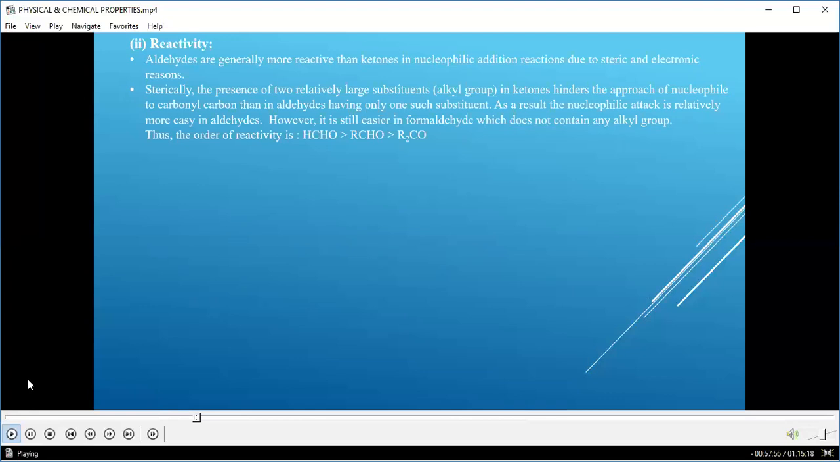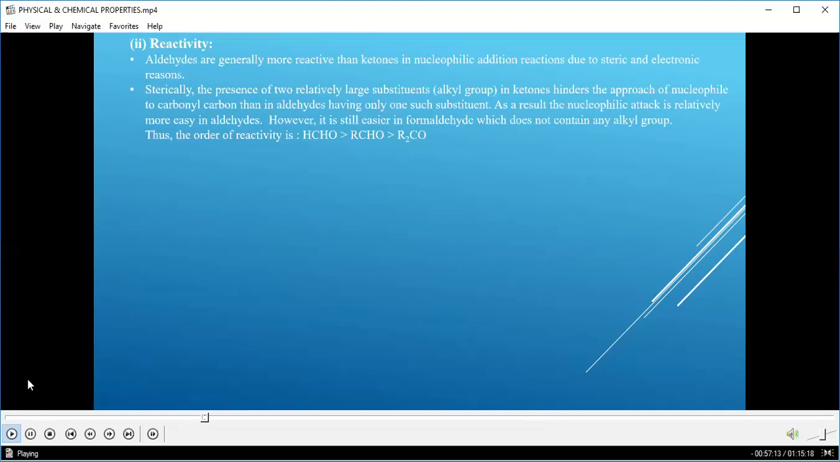The presence of two relatively large substituent alkyl groups in ketones hinders the approach of the nucleophile to the carbonyl carbon more than in aldehydes, which have only one such substituent. As a result, nucleophilic attack is relatively easier in aldehydes, because the carbonyl group contains one hydrogen and one alkyl group. However, it is still easier in formaldehyde, which does not contain any alkyl group, because the molecular formula of formaldehyde